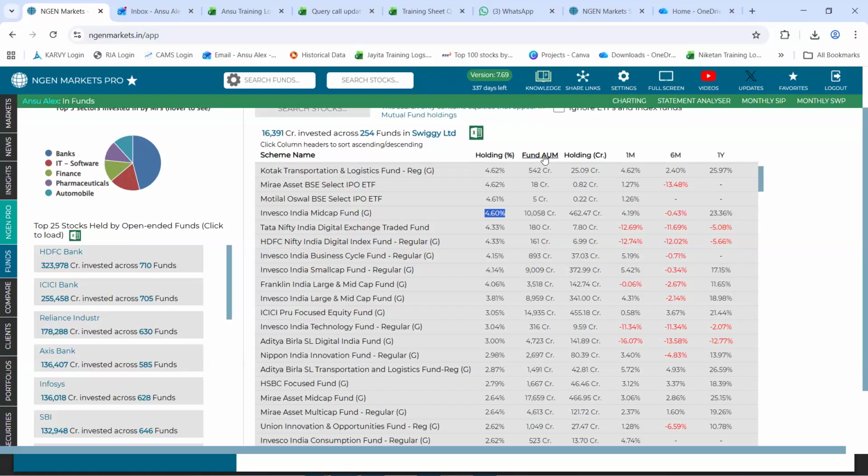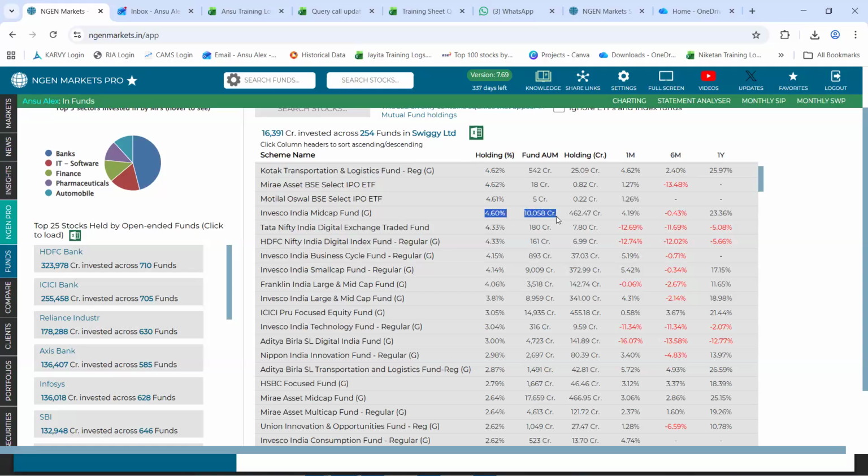Following that, the second column is mentioned as fund AUM, which says Invesco Midcap Fund has a total AUM of approx 10,000 crore. And the third column is holdings in crore. Now, out of this 10,000 crore, 462 crore is invested into Swiggy as a stock, which is nothing but 4.6% of this 10,000 crore, which is the fund AUM.